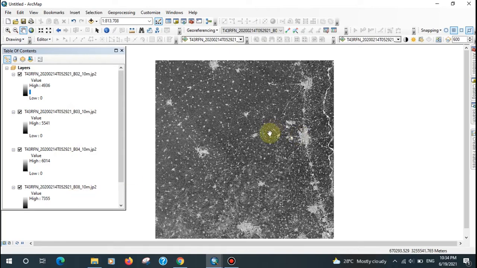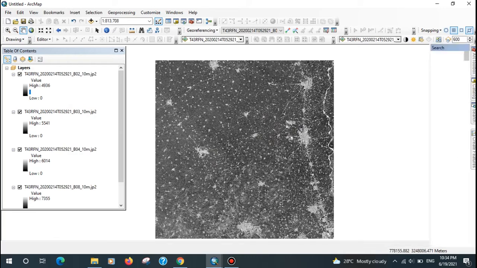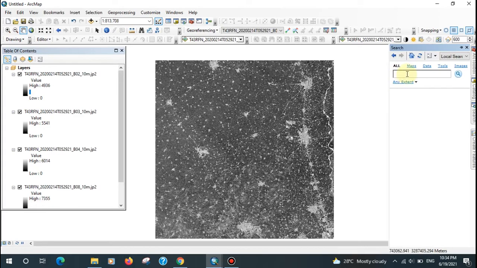After adding the bands, you need to composite the bands. Okay, then go to search, go to band composite.